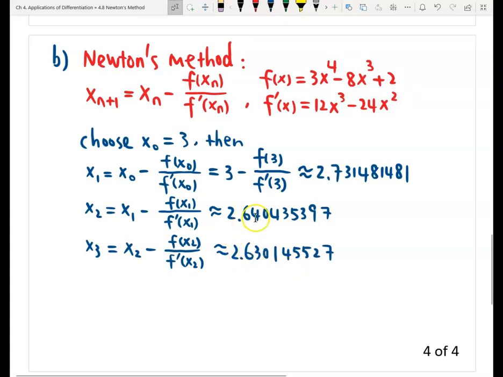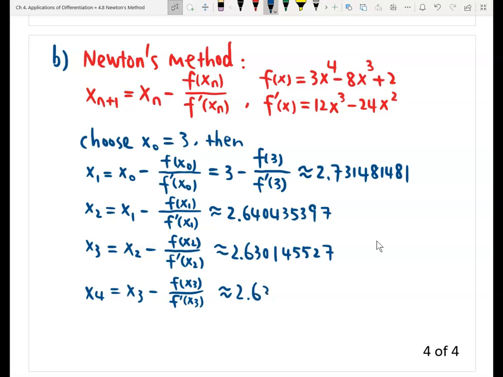Now the answer, this x2 and x3 are much closer, right? But not close enough to stop the iteration. So let's find x4 again. So x4, of course, is the same. We use x3 minus f at x3 over f prime at x3. And I already get the approximation result, which is